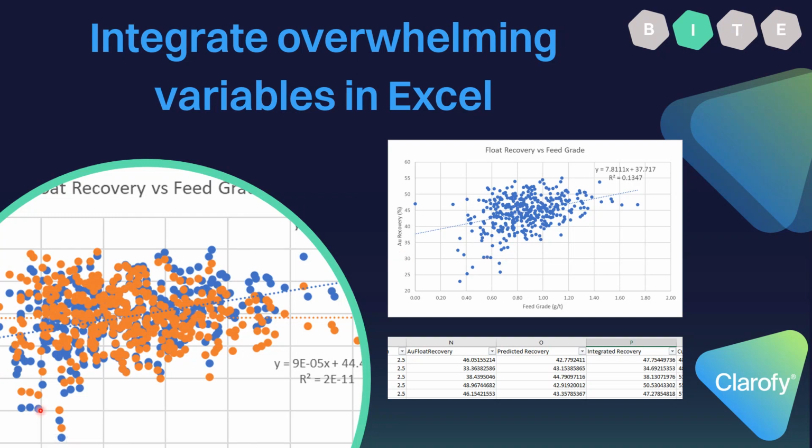So if we go over here to where we have integrated this variable out, you can see that in the integrated version, these three dots have increased in recovery. So what we're saying is, if it wasn't for the effective feed grade, those three data points would have higher recovery. They're only at a lower recovery because they had a lower feed grade. Do you know what I mean? So most of these points will have moved up because they're only down because of the effective feed grade. And same with most of these dots up here, they will have moved down in order to make that relationship flat. So hope that's clear. Hope that's understandable.